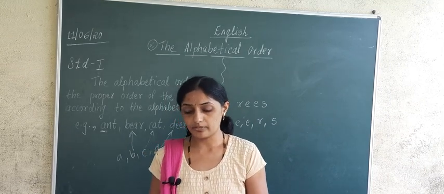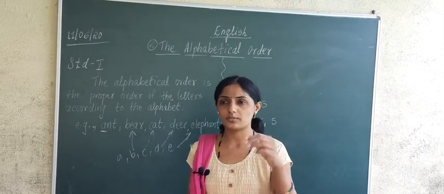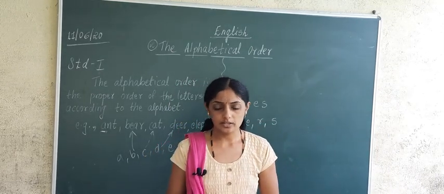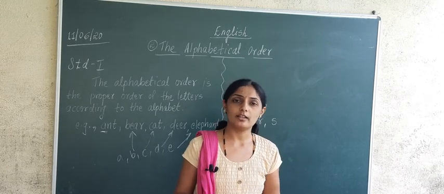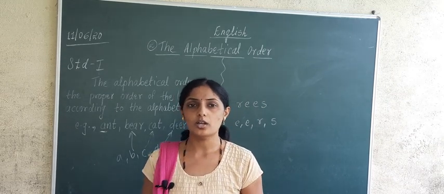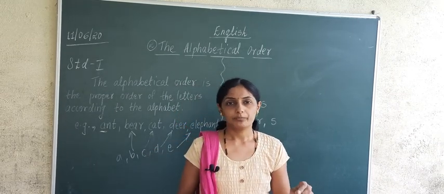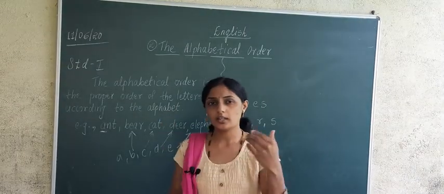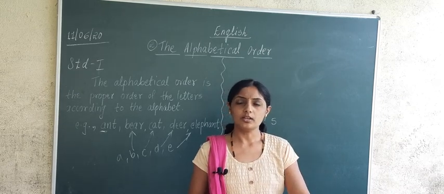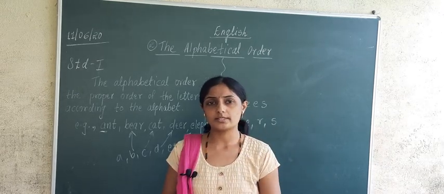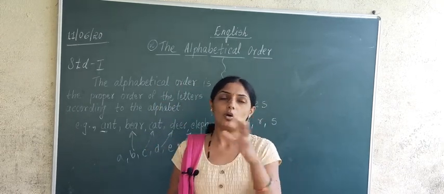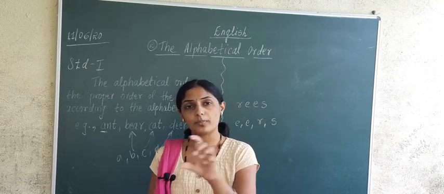There is another example given here, telephone directory. In a telephone directory also names are in alphabetical order, correct? Next one, here it is told dictionary. Now you know dictionary very well. Now you are just in first standard, so you might not be knowing dictionary, but then you can see the dictionary of your elder ones, correct? You can check whether in a dictionary words are in alphabetical order or not. Yes, first all words of A are given, after that all words of B, all words of C, all words of D till Z, all words are given in proper order.